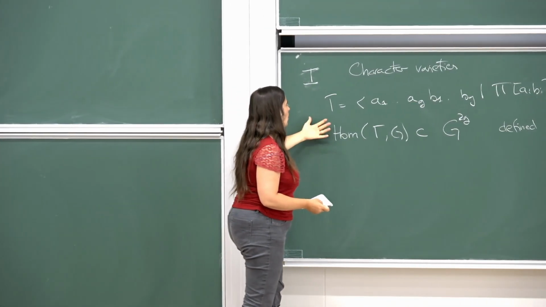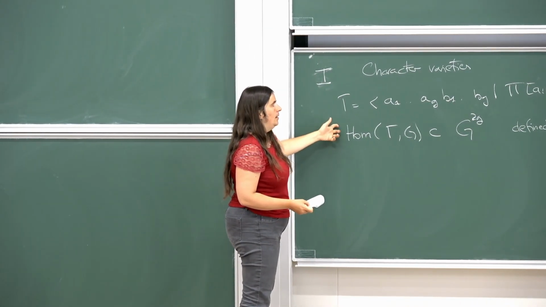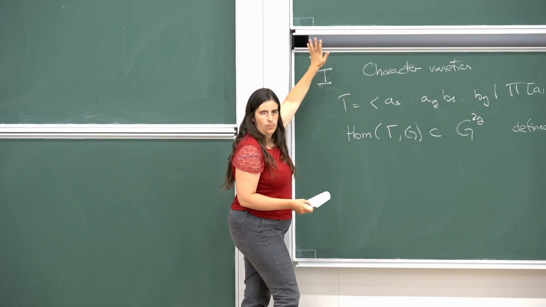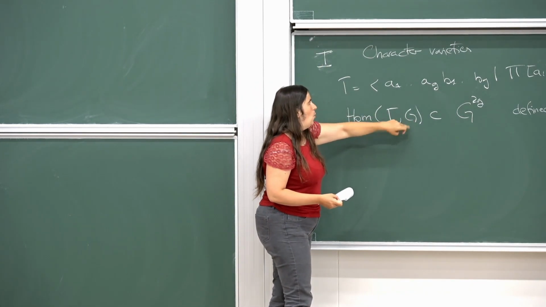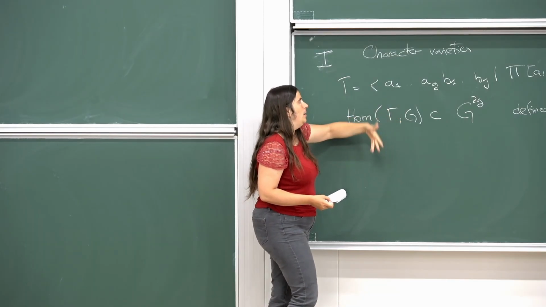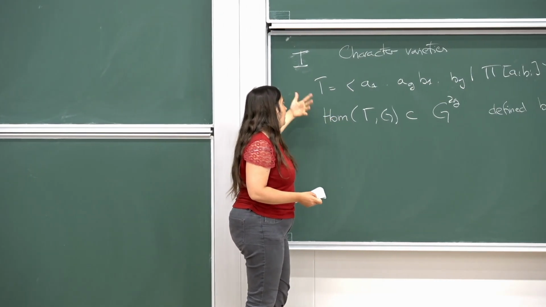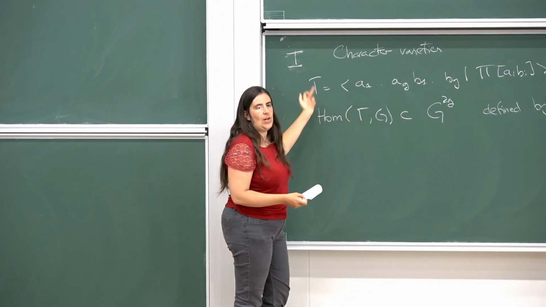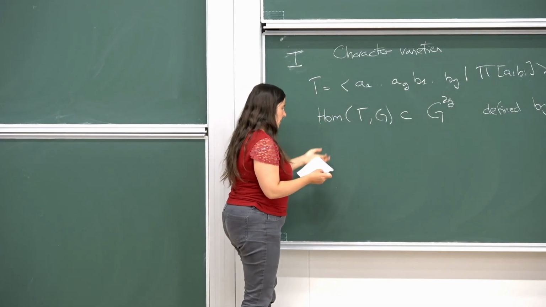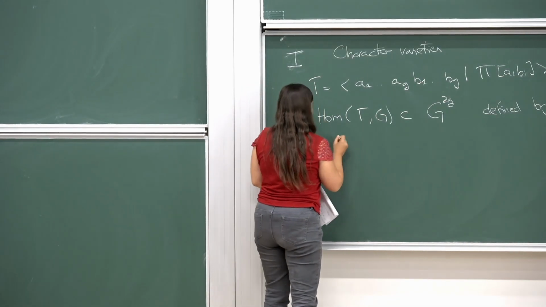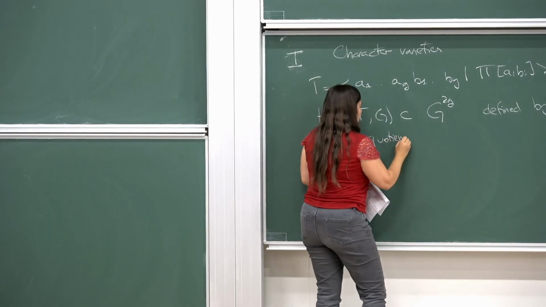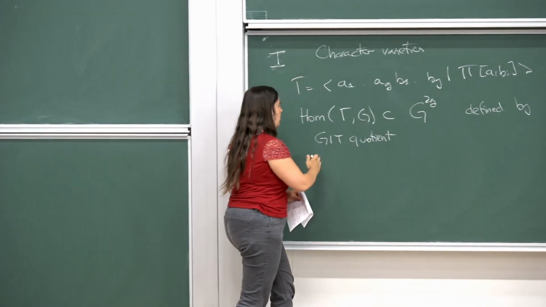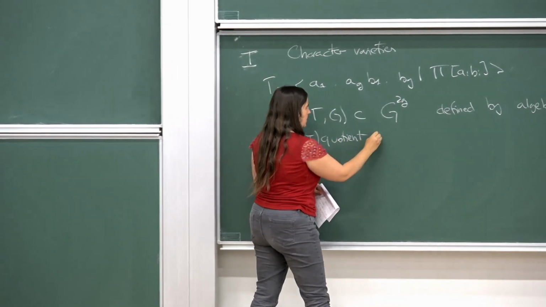And so it's naturally an algebraic set if the group was algebraic. And now taking the quotient by G action by conjugation still can be done in this real algebraic world. So the GIT quotient, the quotient by conjugation, is itself